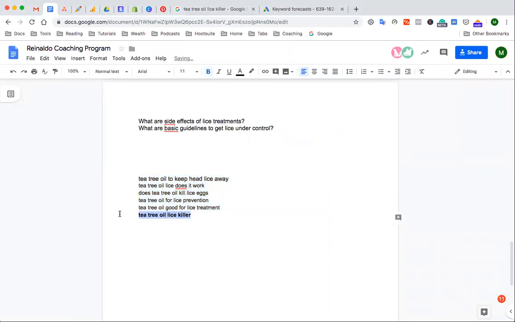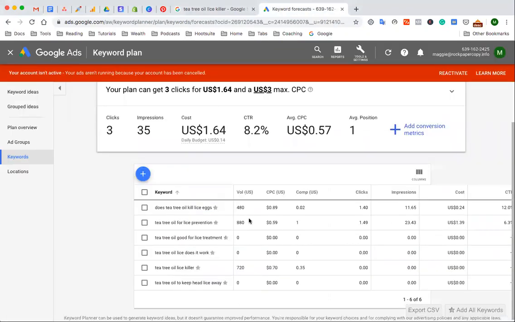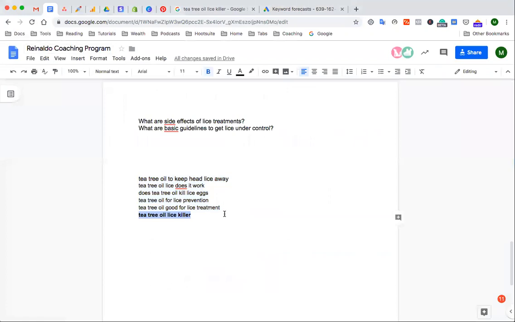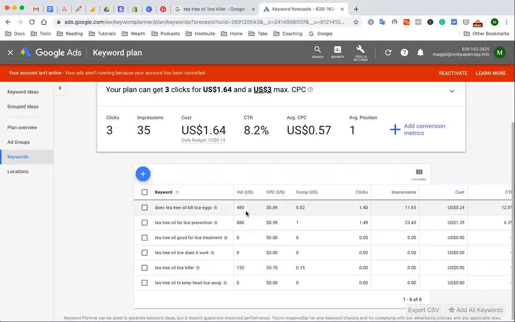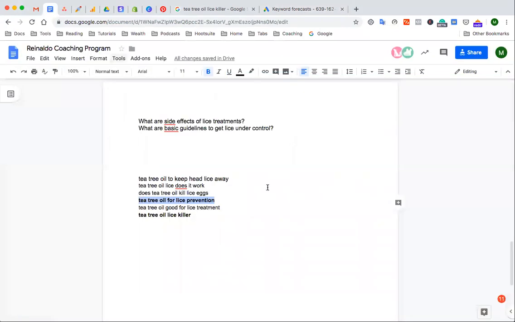So I can bold it up. And another one, tea tree oil for lice prevention, which is good as well. And this one, tea tree oil kill lice eggs. So this is also good. So those three so far are the strongest.